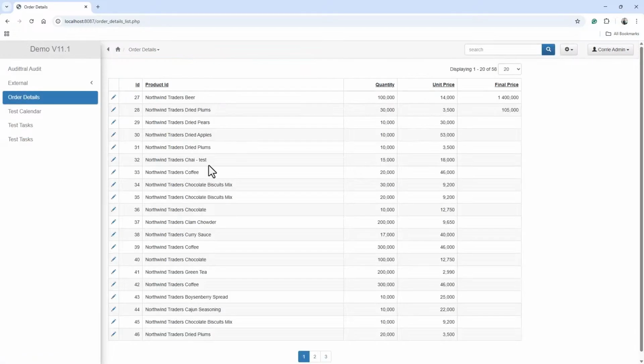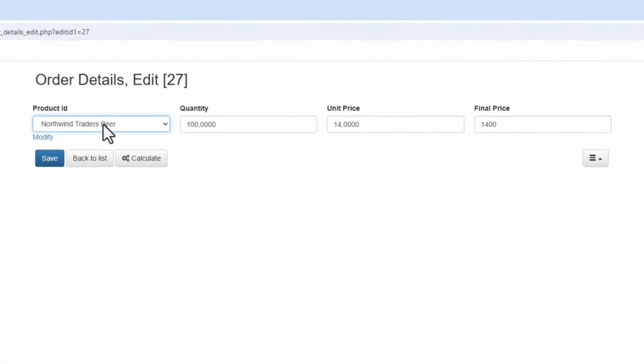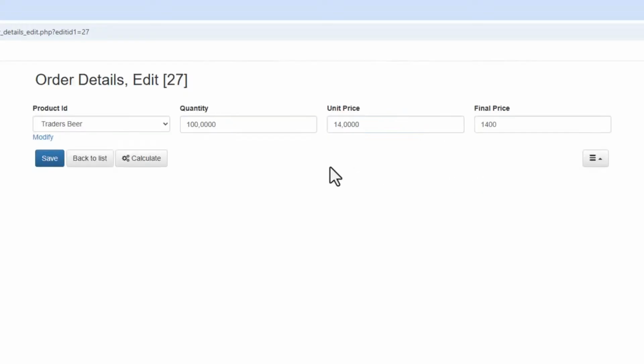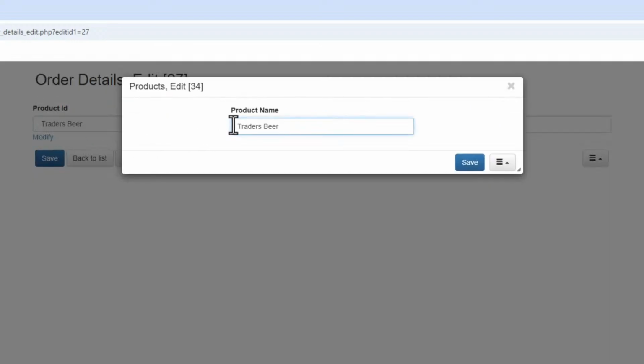We will exit the admin area, and go to order details. Let's try and edit one of these records now. There we go. Look at the modify that's underneath. So if there's a spelling mistake or something wrong with this product ID, you can now fix it on the fly. This is absolutely amazing. So I can change the product name here completely and save it. And if I go back to the list, you see, if I drop down, yeah, and modify again, let's make it ABC Traders. Okay, save that.